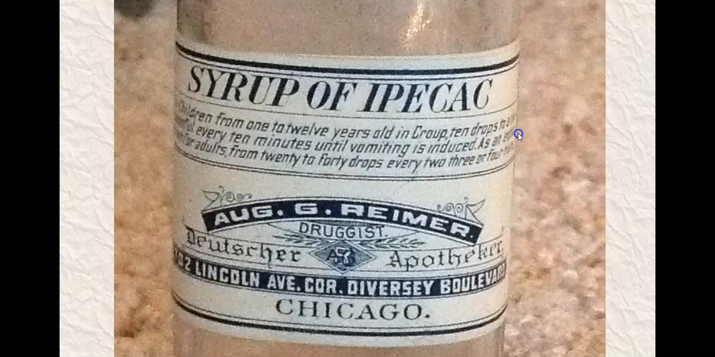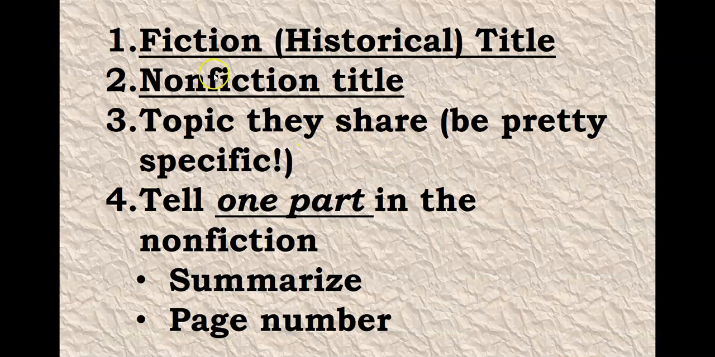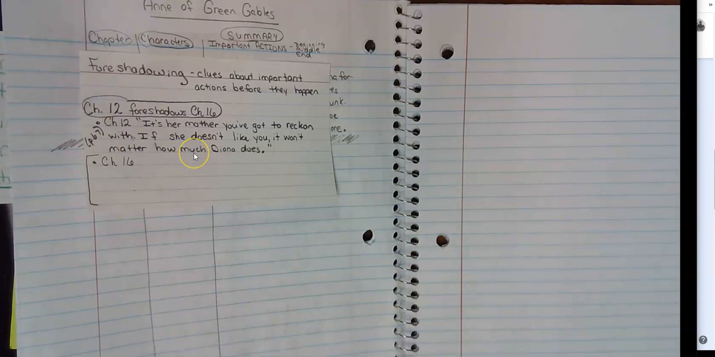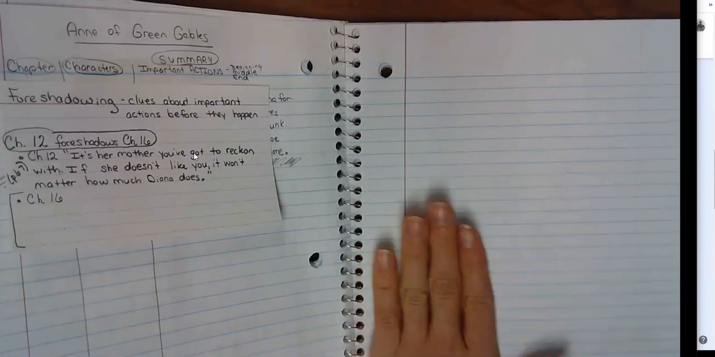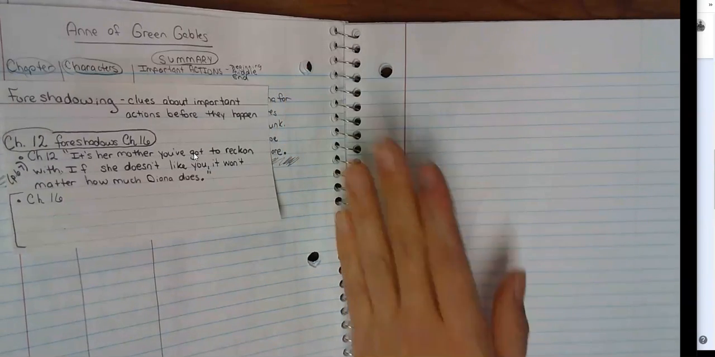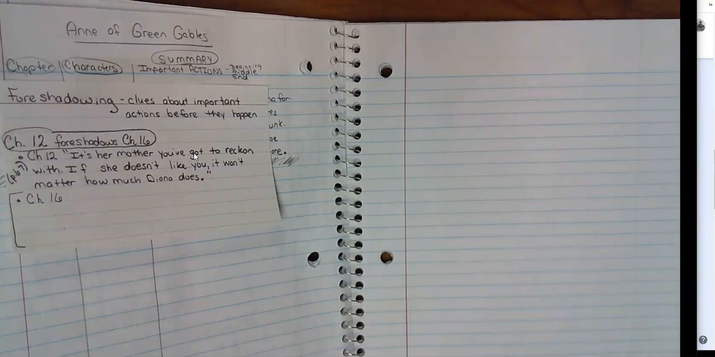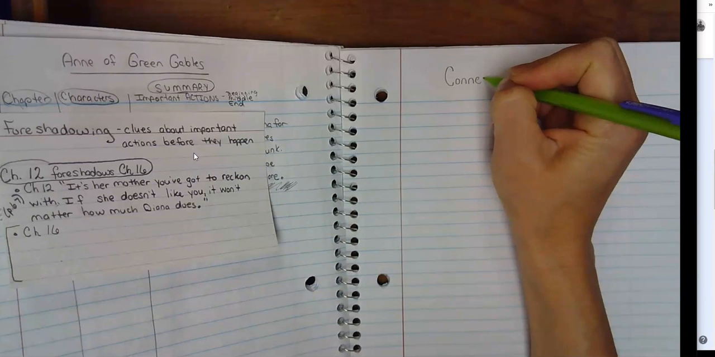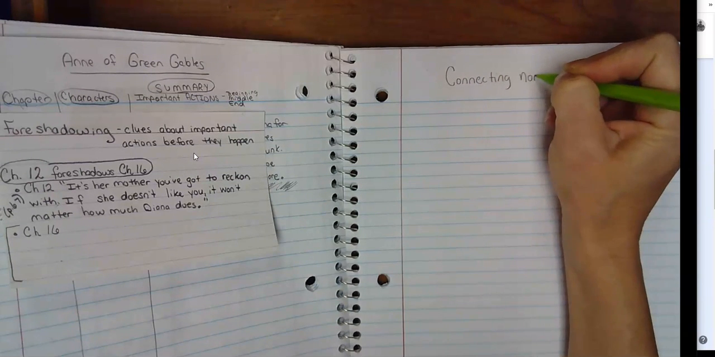Expectorant, I could see enough of this word, and I know enough about what ipecac is that I could make a very logical conclusion about what the word should be. That is the text. Now remember, we need to do some identification of other texts and summarizing and so forth. So in order to do that, you will need your spiral journal. We will be doing this on the page across from the summaries for chapter 16, 17, and 18. So on this side, you will need to label it connecting nonfiction